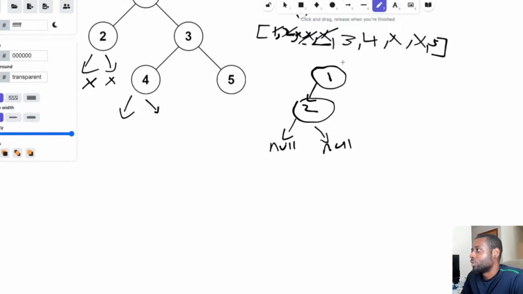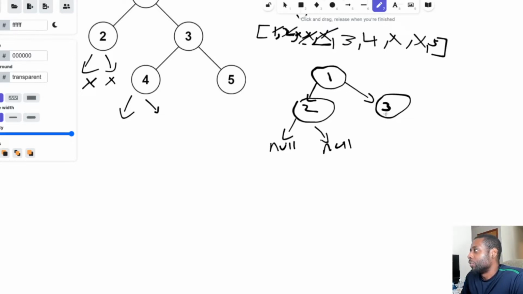So now 3 is at the front of the queue. So now we go to the right side, guys, because 3 will be at the front. You'll see it in the code, it will make a lot more sense once you see it. So now we do 3 first, because of the pre-order that we're doing. We've processed the root, the left side, and now the right side. We'll do the same thing.